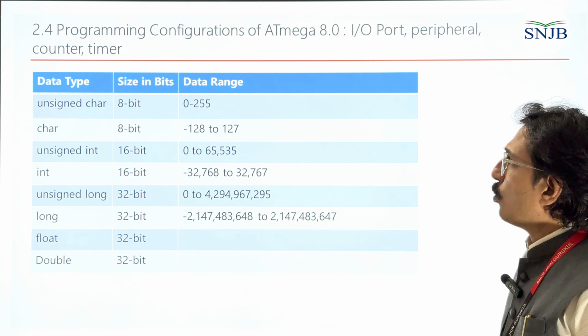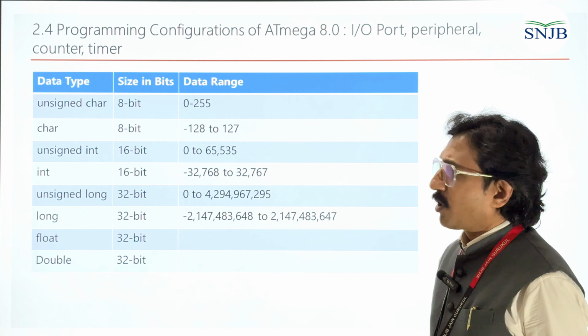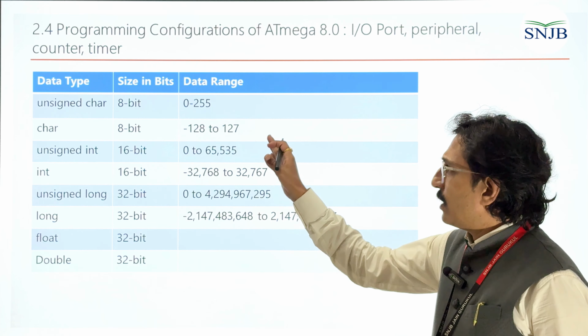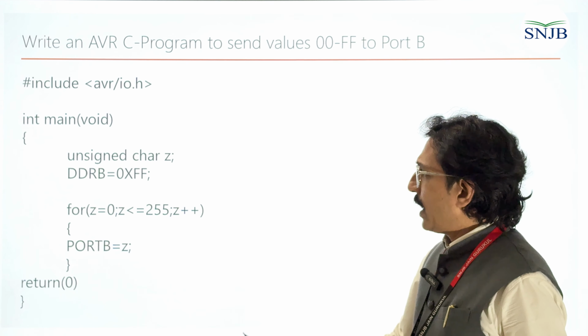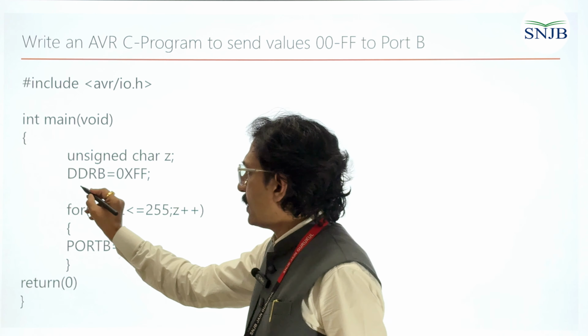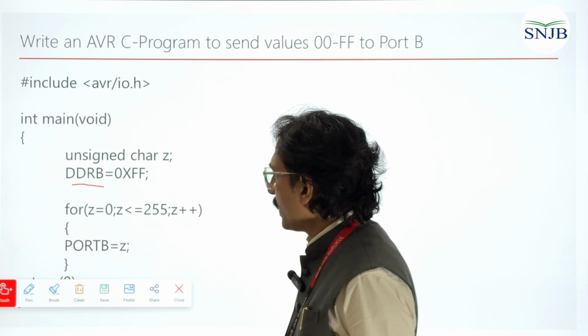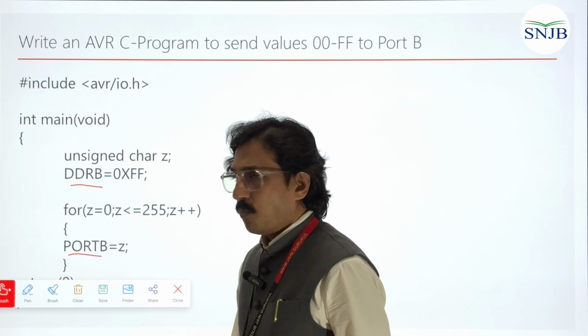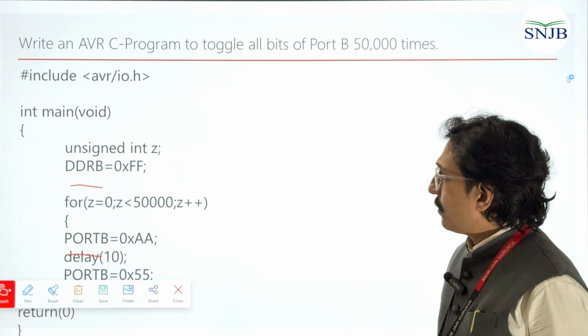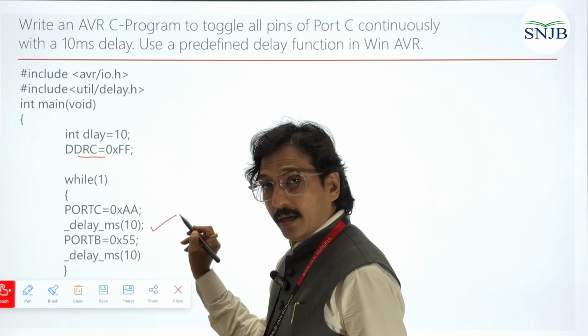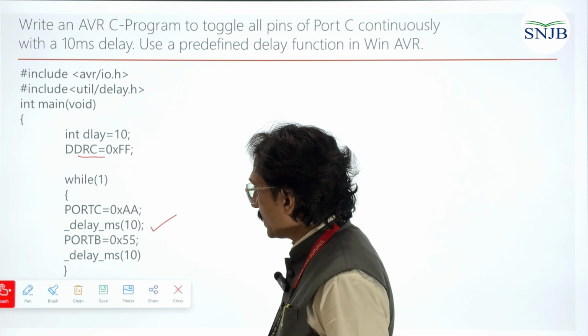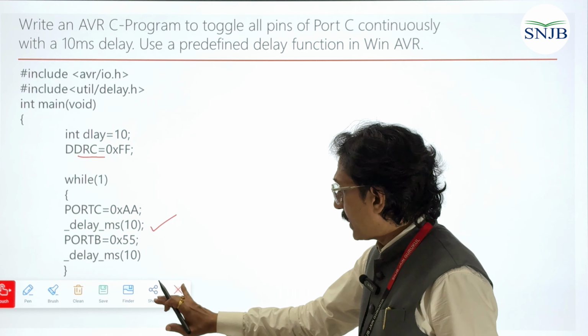In section 2.4, which is dedicated to programming configurations, we have seen the data types. A simple C program having declaration of the direction register, declaration of the ports, then utilizing internal delay functions like _delay_ms,